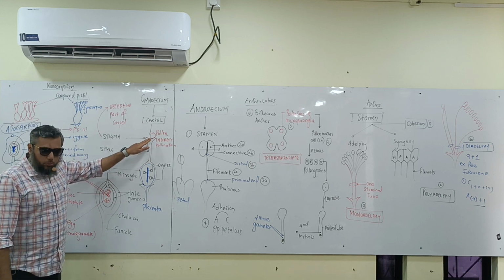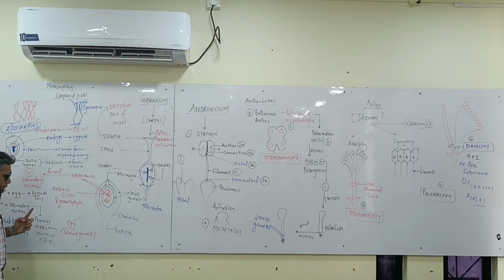पोलन ग्रेन गिरा उधर, पोलन ट्यूब फॉर्म किया, दो मेल गैमेट्स फ्यूज हो गए, एक ने एग के साथ फ्यूजन किया बन गया जाइगोट, दूसरे ने सेकेंडरी न्यूक्लियस के साथ फ्यूजन किया बन गया प्राइमरी एंडोस्पर्म न्यूक्लियस। ओवरी बन गया फ्रूट, ओव्यूल बन गया सीड, PEN बन गया एंडोस्पर्म, जाइगोट बन गया एम्ब्रियो। कंपाउंड पिस्टिल मतलब एक से ज्यादा कार्पेल, अगर वो फ्री है तो उसको बोलते हैं अपोकार्पस, और अगर फ्यूज है तो बोलते हैं सिनकार्पस।